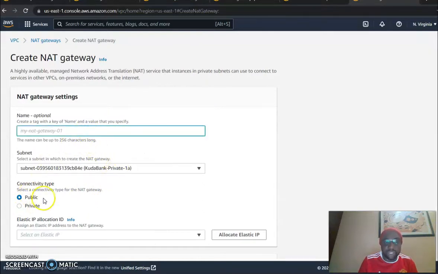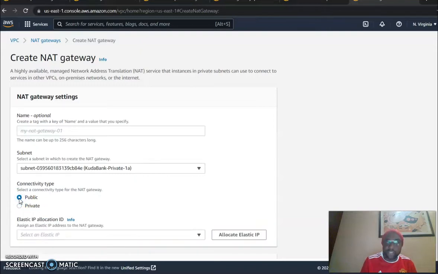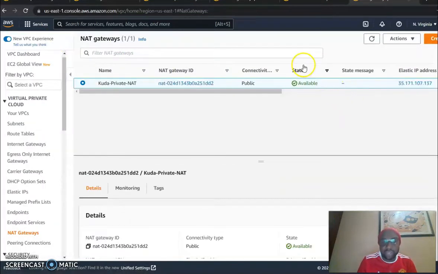Then the connectivity type is public. Now, this can sound strange because you're like, it's not supposed to be private, but no, we are still going to be going in and out of the internet, because if we do private, for example, you can see traffic cannot reach the internet. So we do public to enable us to still go in and out of the internet. But why we're using NAT is just to shield us while we go into the internet and while we go back in. So when we're done provisioning our NAT gateway, remember,